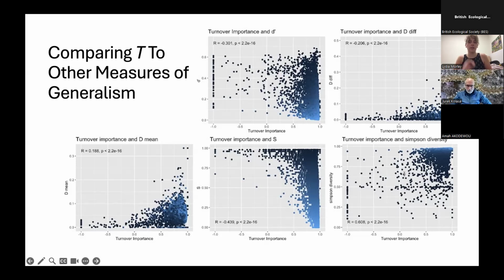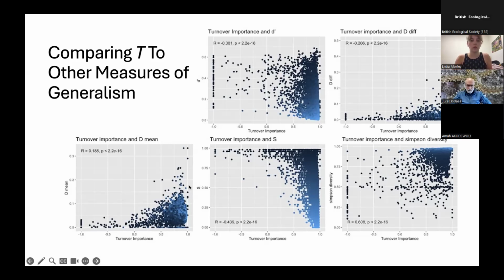So it homogenizes variation across the species range. They're highly correlated with overall species richness. And so they have trouble capturing that compositional variation in space or in time that we think turnover importance does capture. So that is to say that this shows that T is really capturing some feature of generalism that these other methods